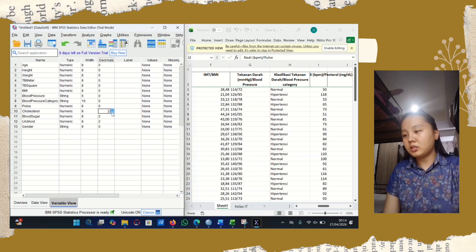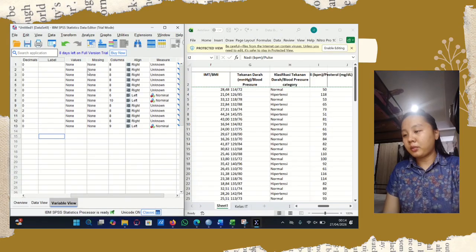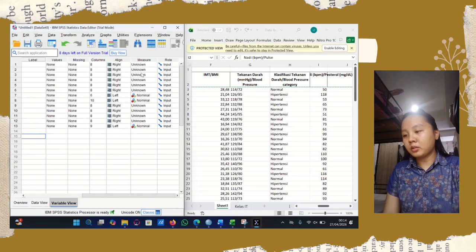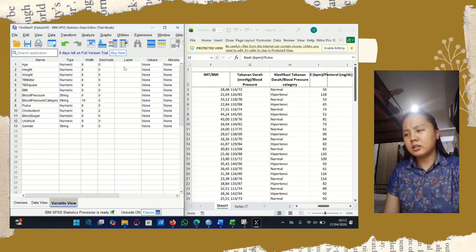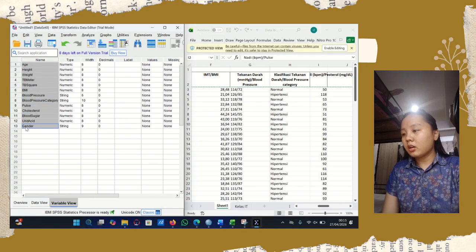We change the measure into scale because the variables are numbers. But for the string data, the data with words, we set the type to string and the measure to nominal.